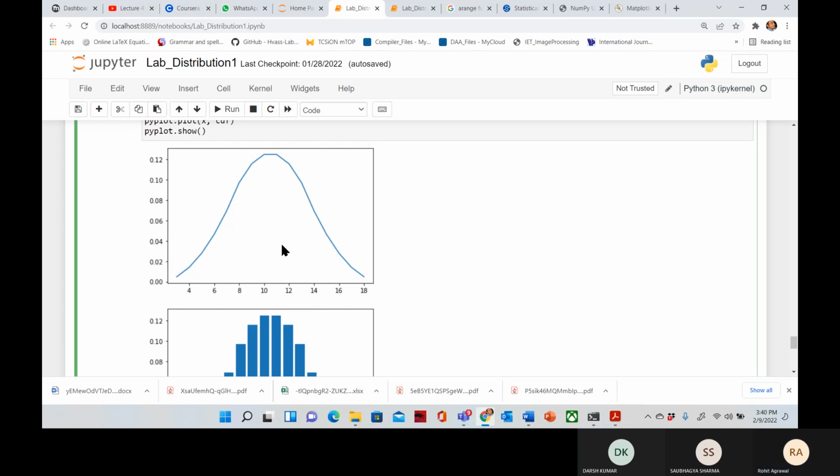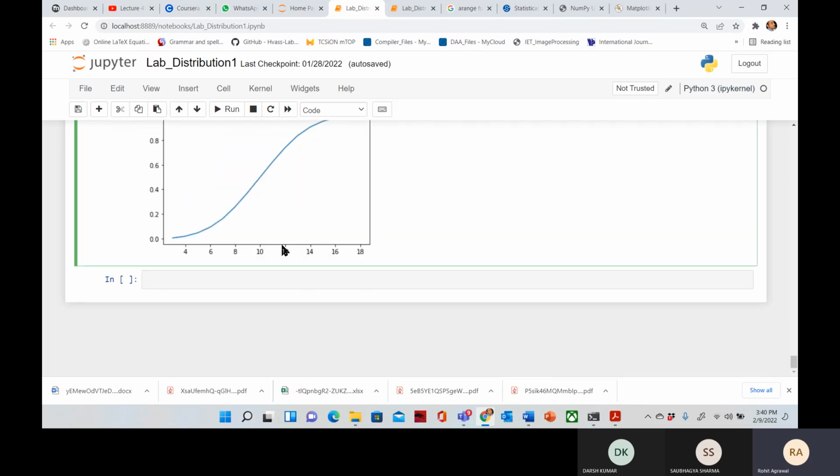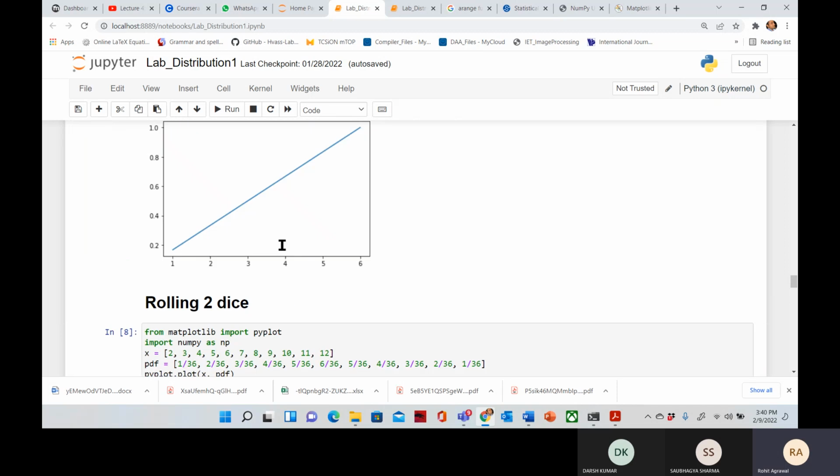But this thing I want to show you, if you remember from the lecture, it is very difficult to predict which pattern our data follow. For this question, throwing 3 dice, we are able to predict the pattern. It is following Gaussian distribution, so we call them parametric. But in real life it is very difficult to predict. So this is for this.